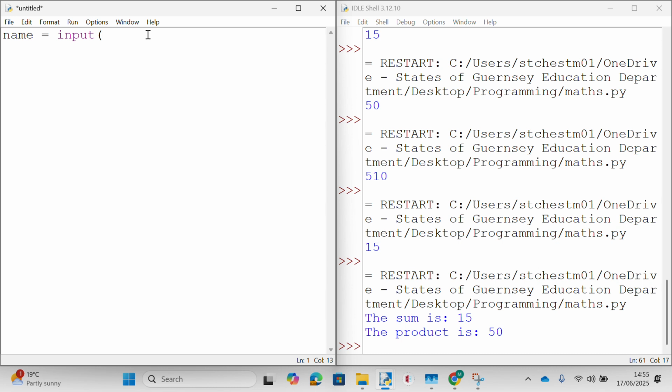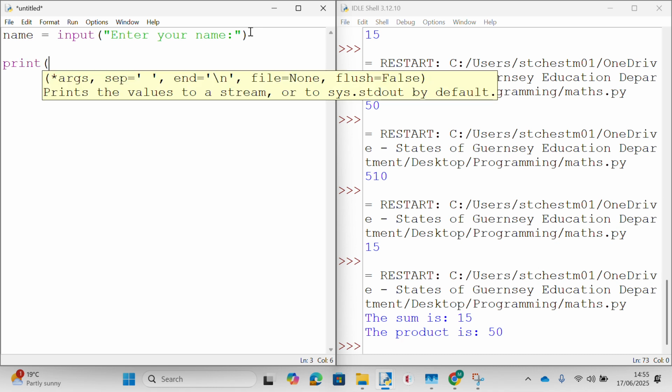So we can use input just like this with nothing in here, but it would be nice to give the person using the program a little prompt for what they want to enter. Okay, so this is going to be their prompt. It's got this colon here, so that when it comes out here, it's quite clear that you want to be typing something. Now, I'm going to say print,